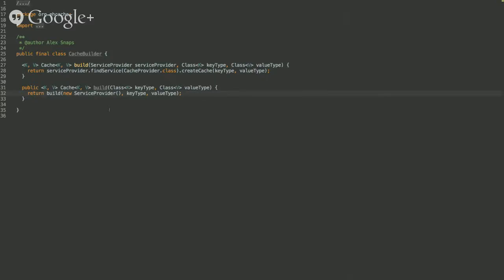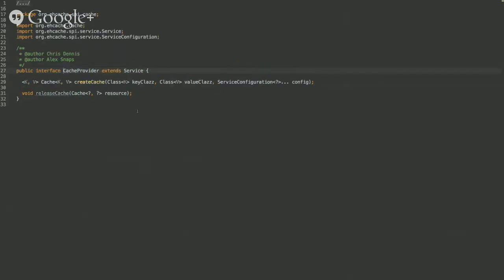So that becomes funny in this case. Well, funny, for lack of a better word. But basically what we do is we look for a cache provider service in order to create the cache itself, right? And this thing has a release cache on it. It's actually nothing does anything with this as of now, because, is this true? Yes, because I think the GC is all we need. But basically,